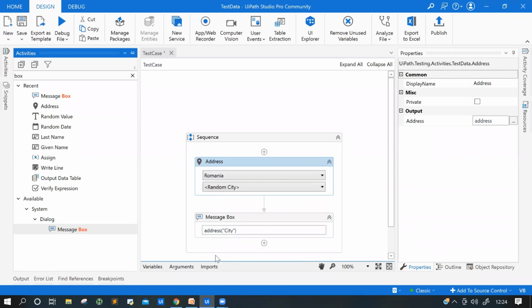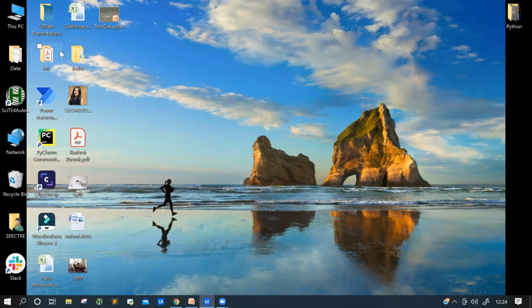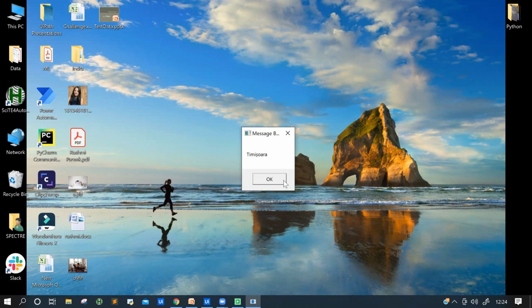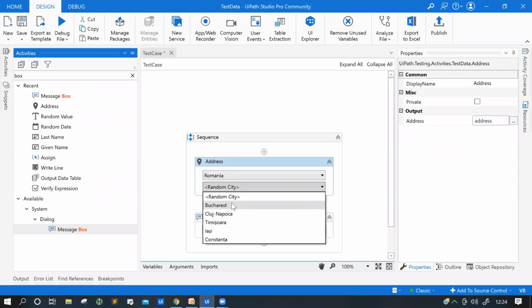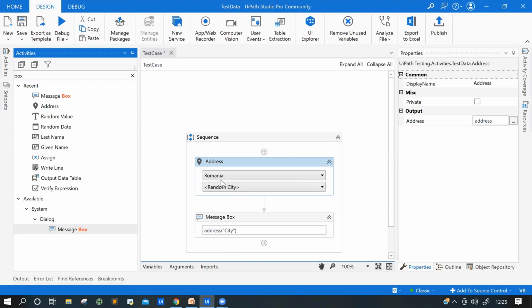Okay, we can take Romania, and I don't know the cities of that, but if you are from Romania, maybe you can guess that this might be the city over there. Or you can just Google it out. I've already Googled it out, a few Australian and a few other cities. So this is the one from particular Romania, and if you want a particular city also, you can check that. It will only take from these 4 or 5 data. Correct? So this is very cool. If you have a particular city or country specified, you can do that.